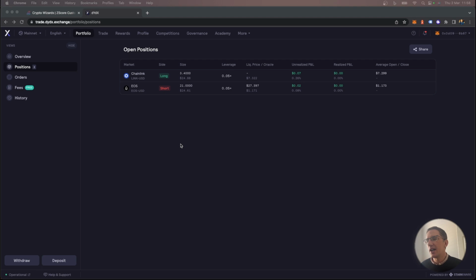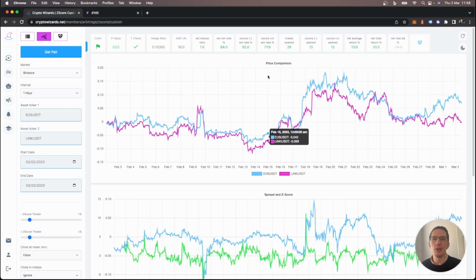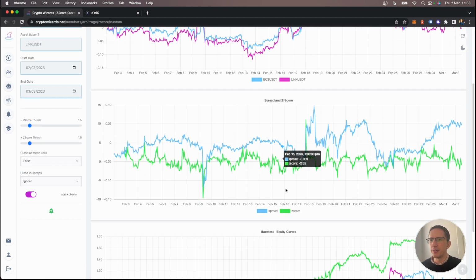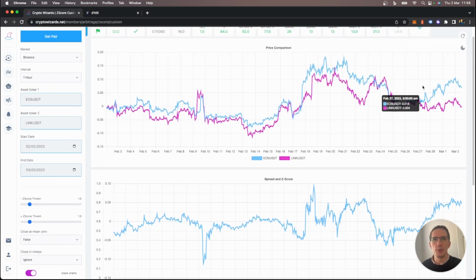But I thought it was kind of interesting because the idea here was to take 1% of my capital, but carve that up into ladders and average into the trade without using Z-score. Basically to take away the repetition and the brain power that I'd have to invest into the strategy. And so if I go down here and I just get rid of the Z-score completely, you can see here